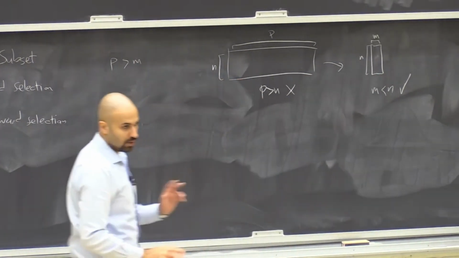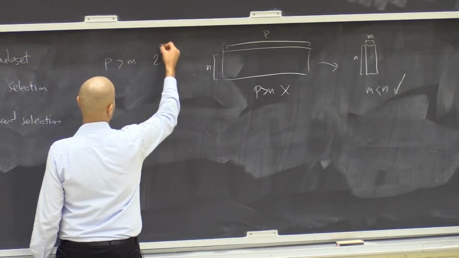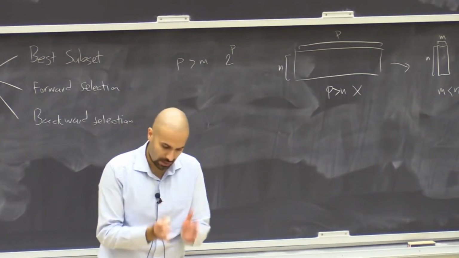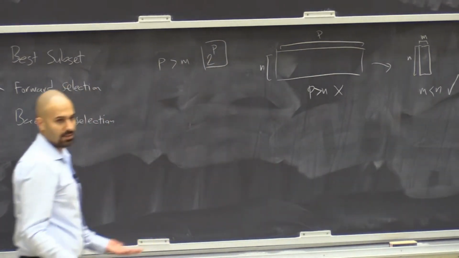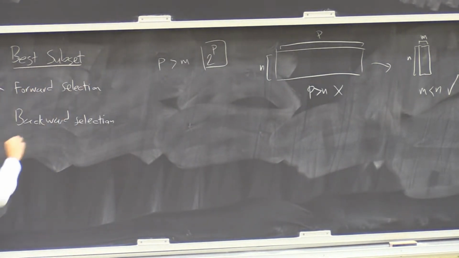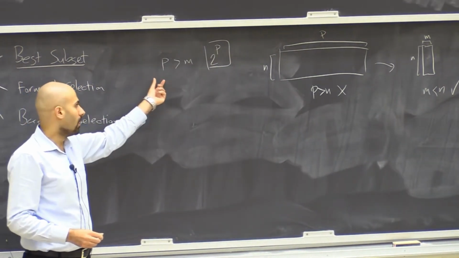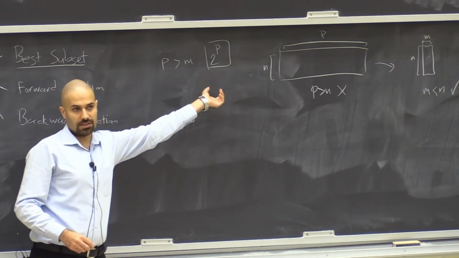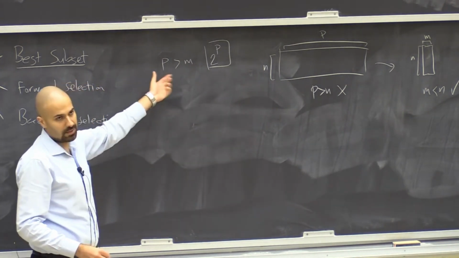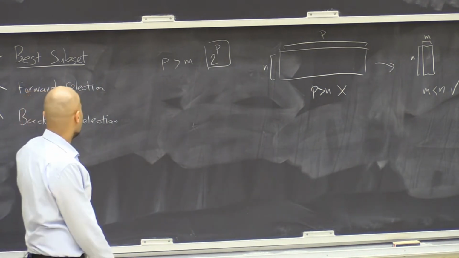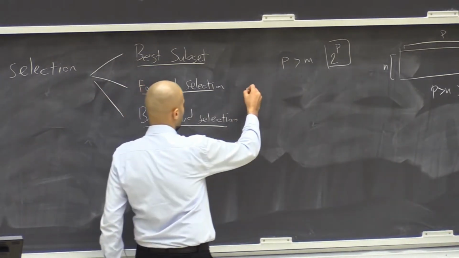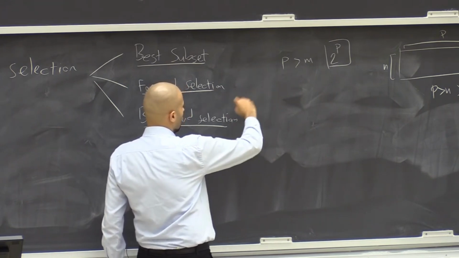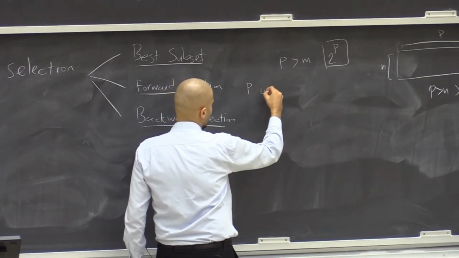For finding the best combination of predictors, we know that there are 2 to the P different combinations, because each of the P predictors is either in the model or out. Either we use it or don't use it, right? That's why there are 2 to the P possible cases. With best subset selection, we're trying to find the best subset of M predictors out of P by looking at all 2 to the P possible cases. This is usually computationally heavy, especially if P is larger than 15 or 20. That's why we have simpler approaches, forward selection and backward selection. With forward selection, what we do is we start with all the possible P univariate